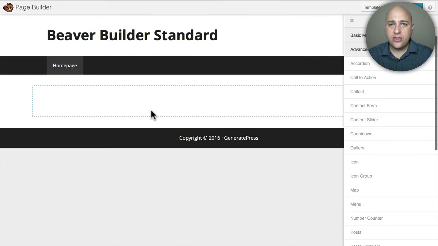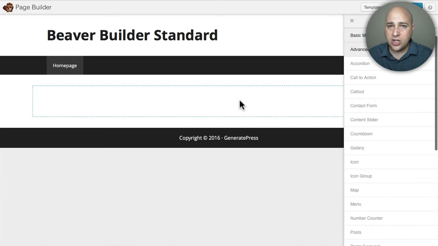Now for the other items that we're going to go over in this video, and that is templates, importing and exporting them, the shortcodes, as well as the global rows. I really can't compare it to the light version because the light version doesn't include those features at all. So the remainder of this video, I'm just going to stay in the paid plugin to show you all of those powerful features.